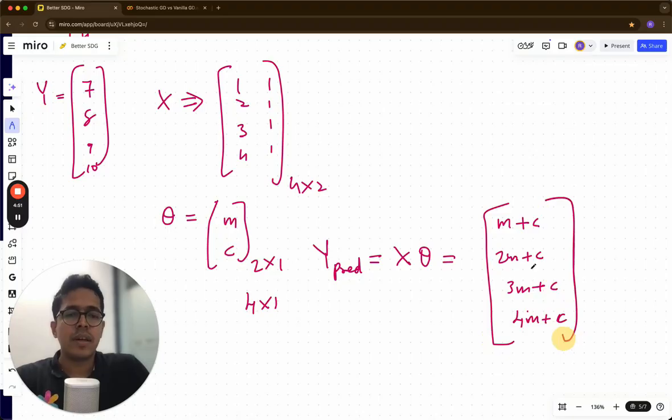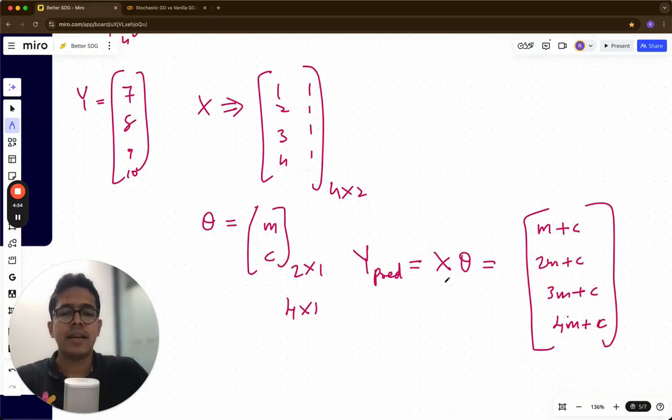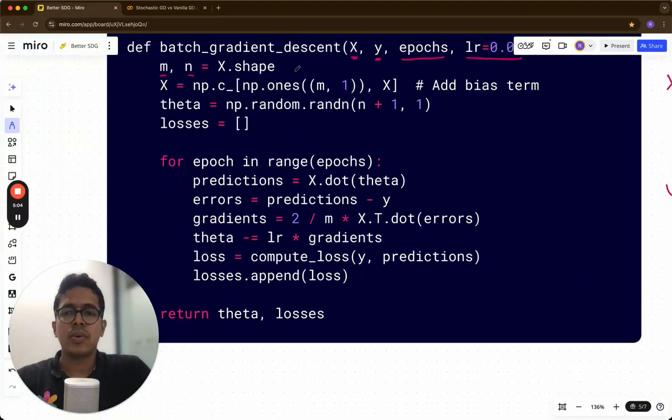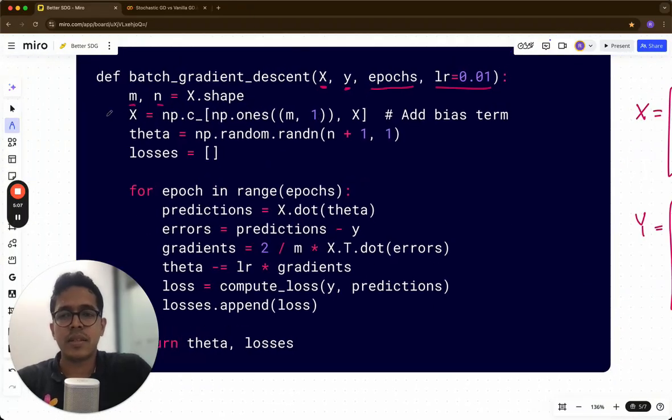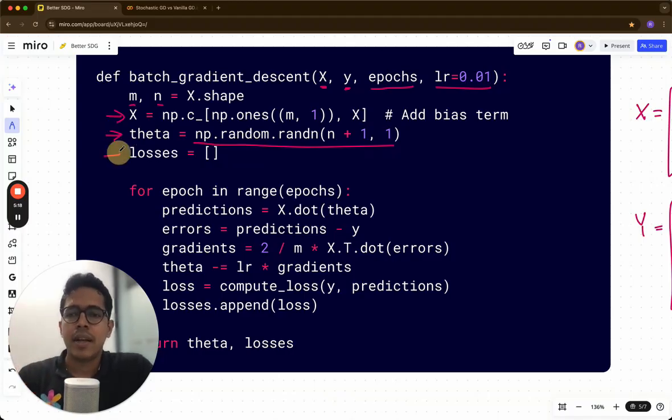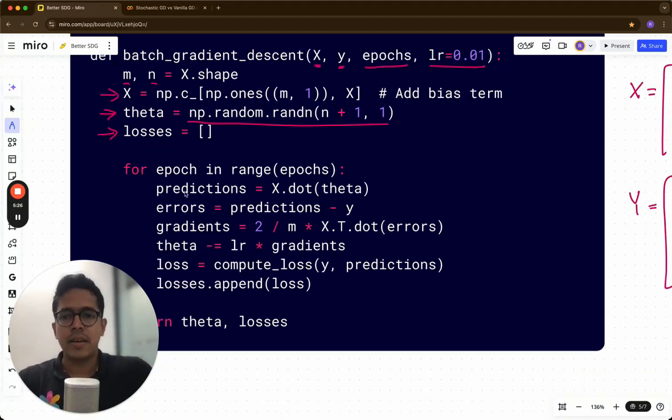So if you append a series of ones, with just one multiplication you can compute the y equals mx plus c formula for all the data points with a matrix multiplication. That is what you are doing here, appending a series of ones in this line of code. Then theta: we are starting with initial random values of parameters. Theta is your parameters, in linear regression simply slope and intercept, and you are starting with an empty array for storing the losses in every single iteration. First you make a prediction using the matrix multiplication x times theta,